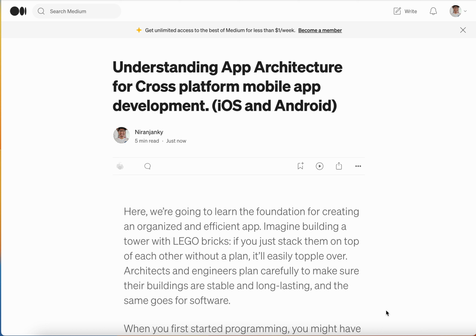starting from the 1980s. Yes, the application architecture started for software development. And then we're going to try to understand the concept, and we will try to implement it in our applications. You can implement this application architecture concept both for cross-platform or for single platform mobile application